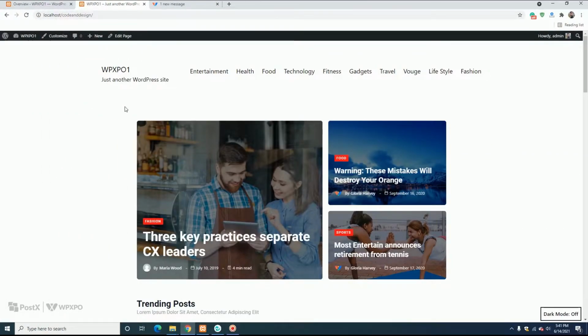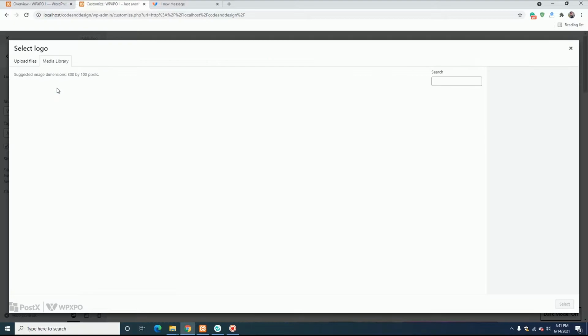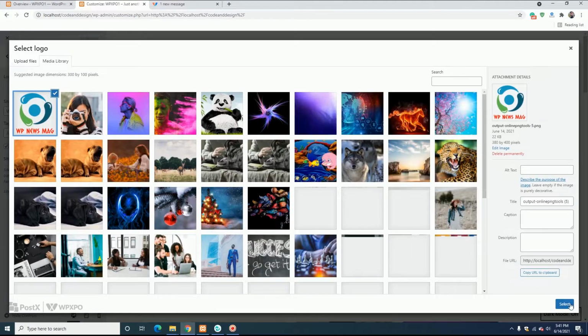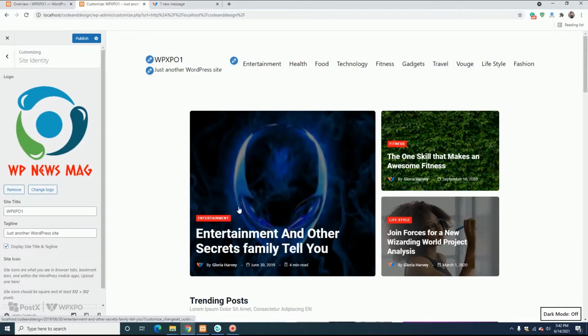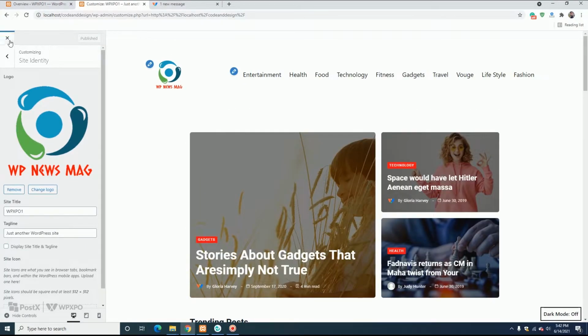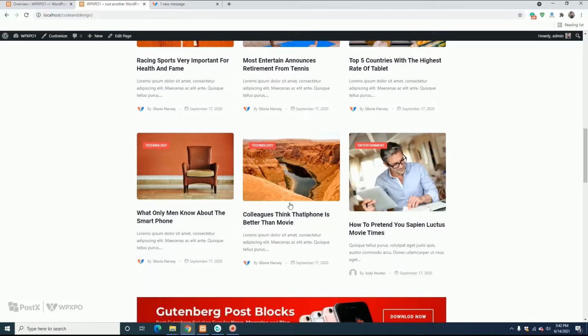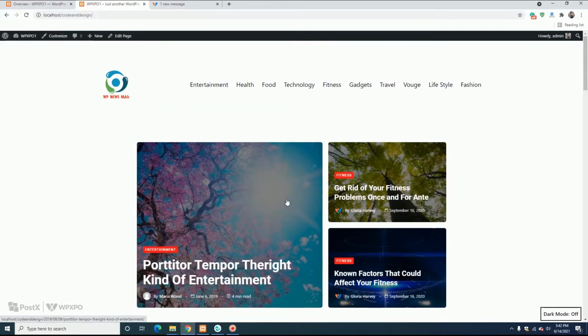Now we should add a logo to complete this site. Now you can see that the header width and the PostText container width is not matching, so we should change that.